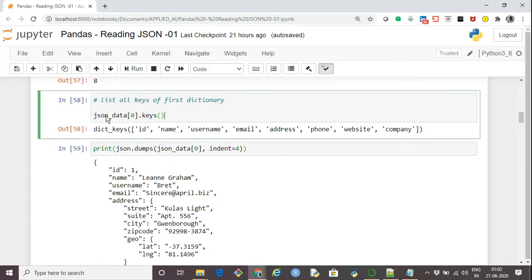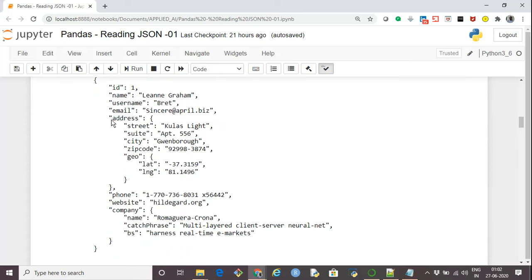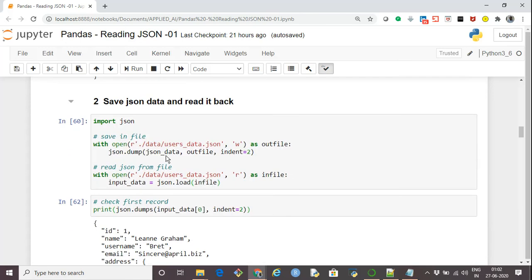This is the name of the object in which we had collected the JSON data earlier. So the name of the object, then the output file, and the indent that I have to specify. I'm specifying the indent as 2. So now the data will be saved in this particular file.